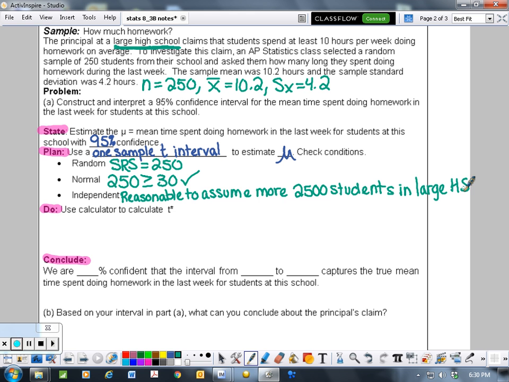Okay, so now we're going to go ahead and calculate our information. We already have X bar calculated. We already have our standard deviation calculated. So all we need now is our inverse t. And our inverse t is going to be for a 95% confidence interval, so that means we're going to have an area of 5% divided by 2. And then our degrees of freedom should be our sample size minus 1, so 249. And that's going to give us an inverse t of